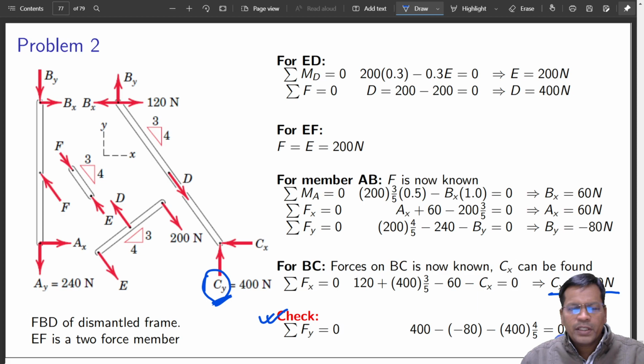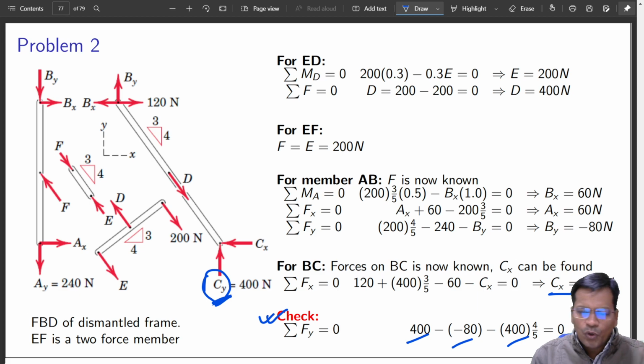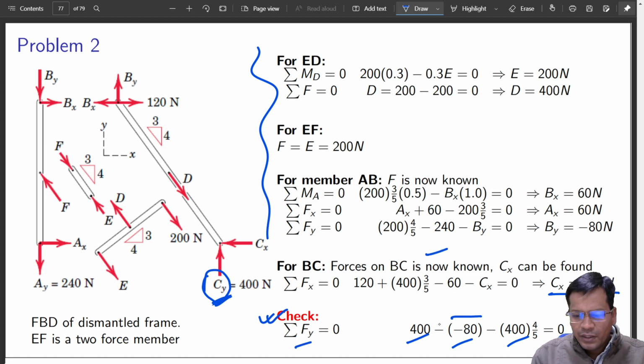I prefer doing it. Even you should prefer. Why? At least one check you should do, because even this is derived from so many steps. Maybe this is already cross checked here. If this is verified, it assumes all of these are verified. Okay, so you need not do one more check along x or some other direction.